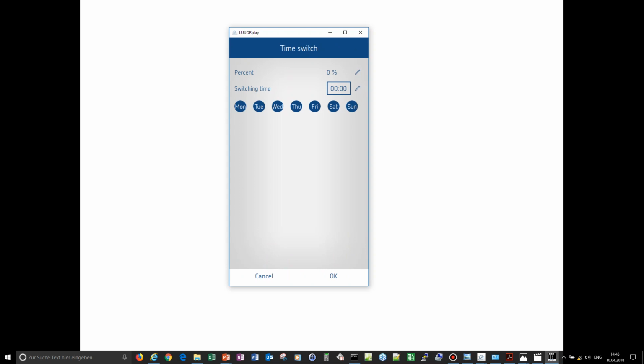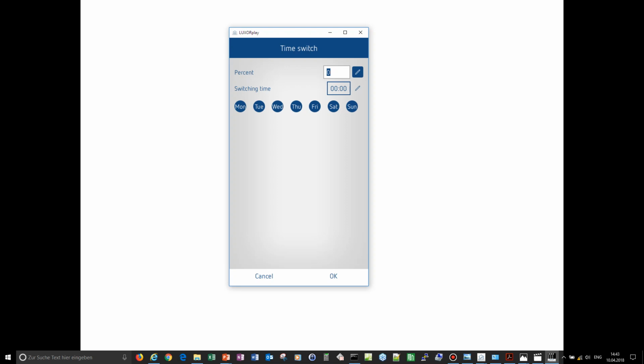For example, the use case should be, I want to switch on the light in the corridor at 8 o'clock in the evening to 40%, at 11 o'clock in the evening to 5%, and in the morning it should get switched off again. Let's implement this behavior.